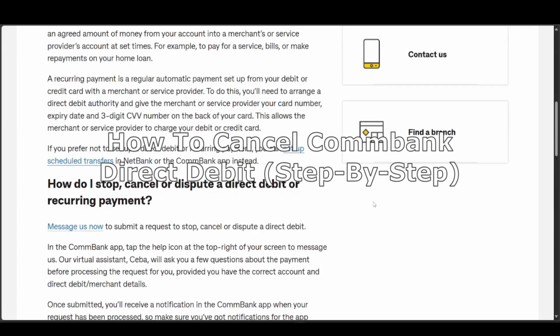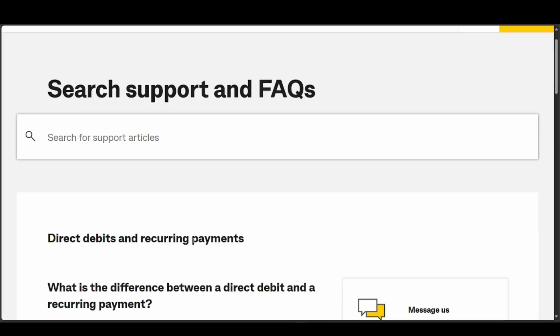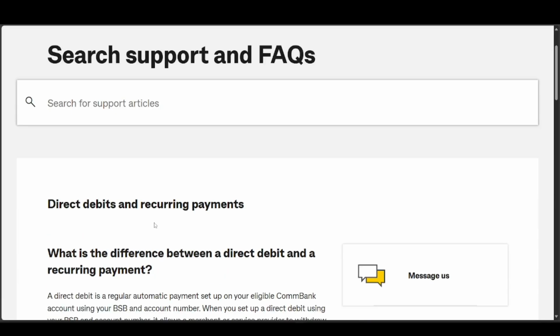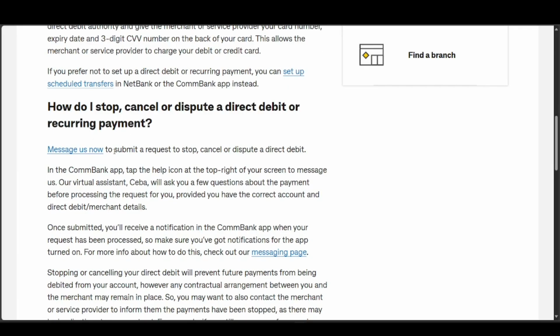How to cancel Commbank direct debit. So this is information by them specifically, so it should be reliable and you should be able to follow it. So it's actually as simple as messaging them to submit a request to stop or cancel or dispute a direct